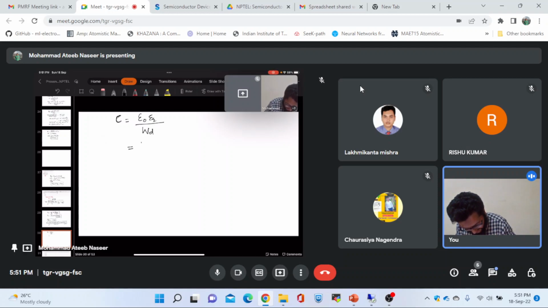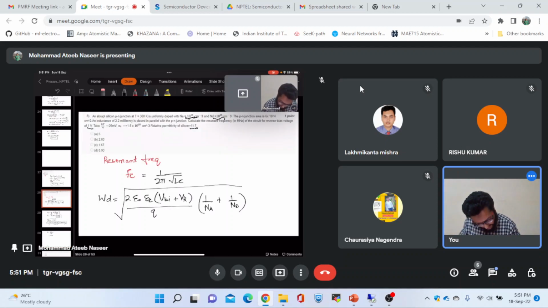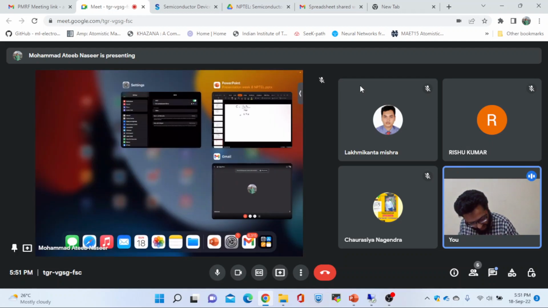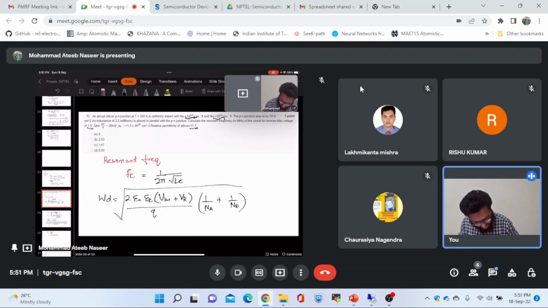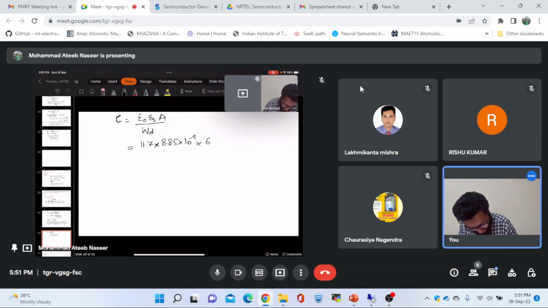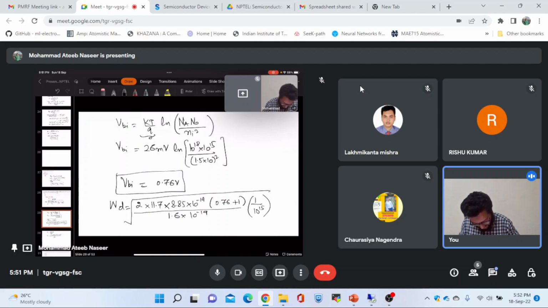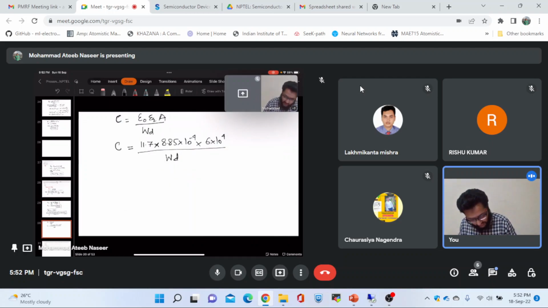This epsilon naught is 11.7 into this epsilon, and we have been given the area as well, which is 6 into 10⁻⁴। तो हम टोटल कैपेसिटेंस यहाँ पे देखेंगे तो ये है 6, तो ये एरिया से मल्टीप्लाइड है, तो ये रहेगा एप्सिलॉन 8.85 इंटू 10⁻¹⁴। तो एरिया अभी हमने चेक किया था, ये था 6 इंटू 10⁻⁴ डिवाइडेड बाय WD। तो ये हमारा था WD जो इससे पहले हमारे पास आया था।